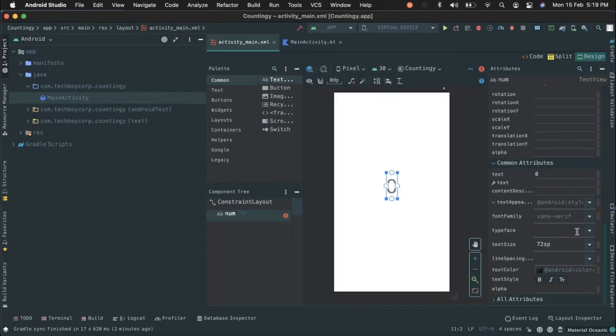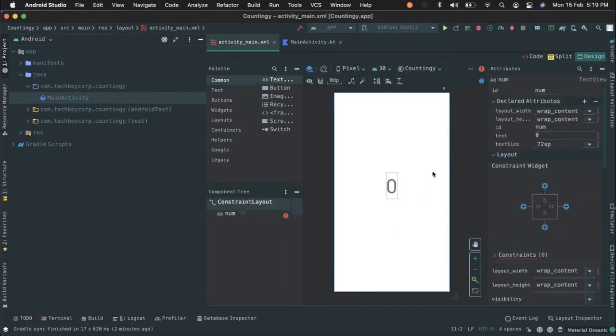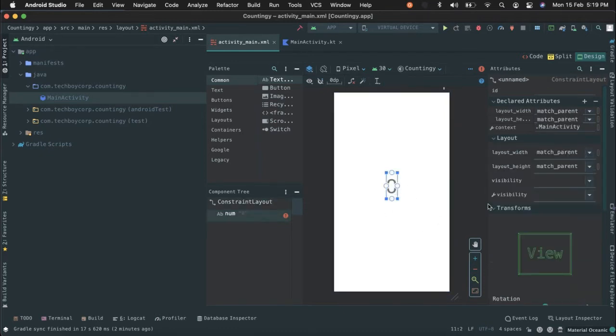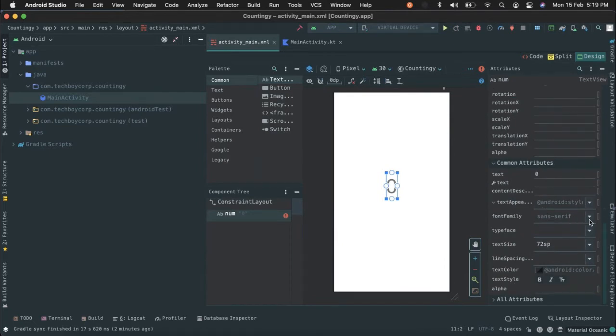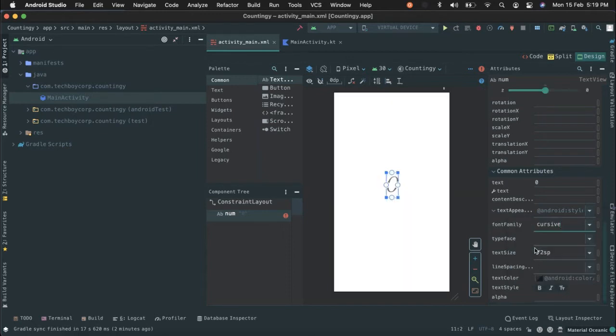Okay, now we're using constraint layout. Basically we would constrain our widget to the edges of our window, and this is how constraint layout works. Okay, so right now let's give it a fancy type of font. So let's take cursive. This is how cursive looks, but I don't want cursive, I want that casual one because that was looking the best, wasn't it? Amazing, guys.